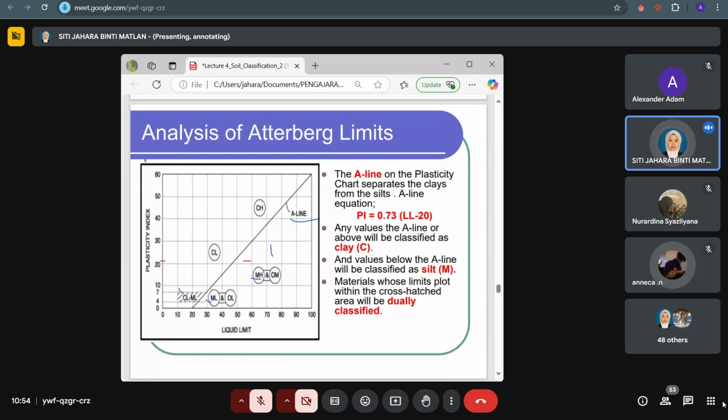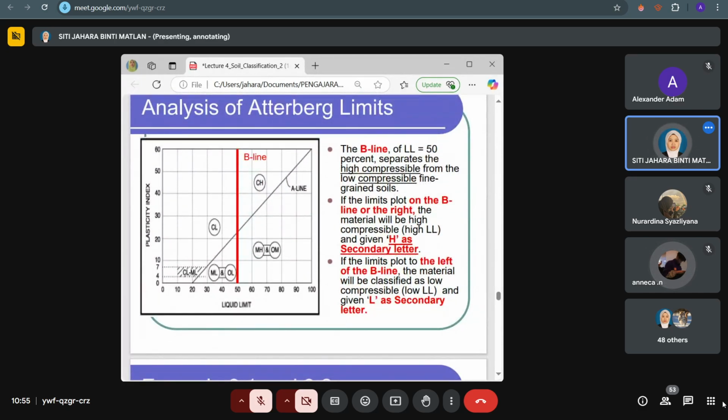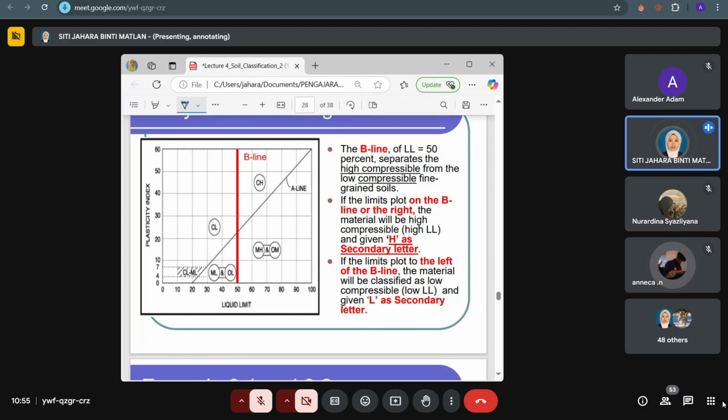So it is crucial for choosing appropriate soil type in construction and infrastructure projects, which we can refer to this chart in classifying our soil, especially for fine grain soil, which consists of silt and clay type. Okay, so this is its usage. Saya harap saya telah sampaikan yang perlu. Okay,